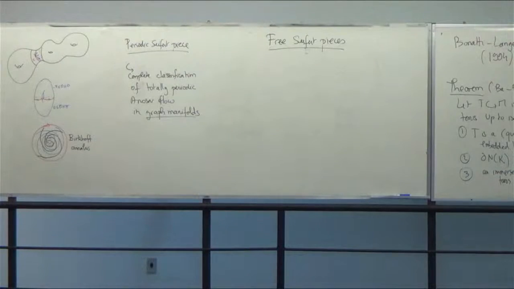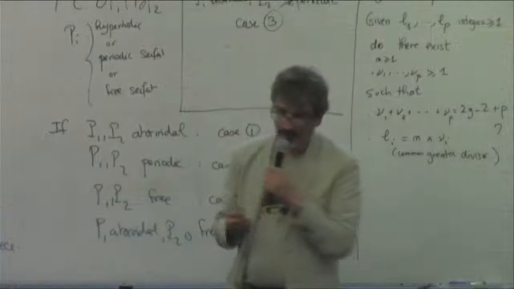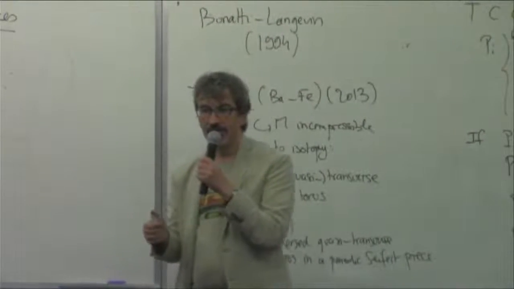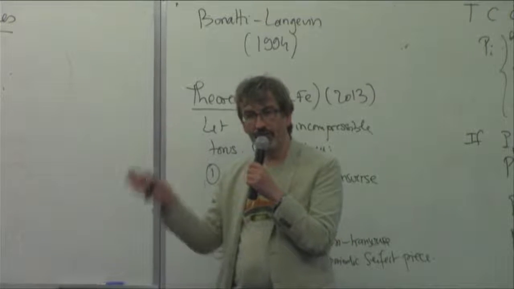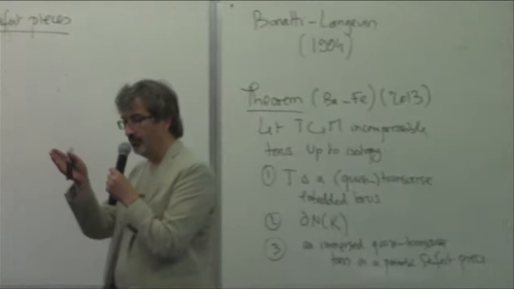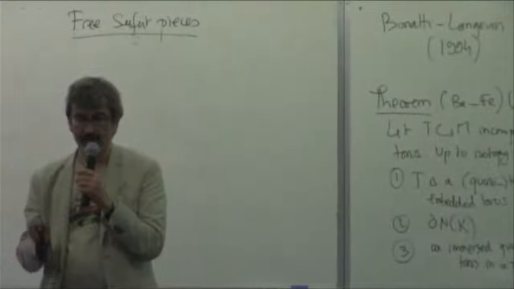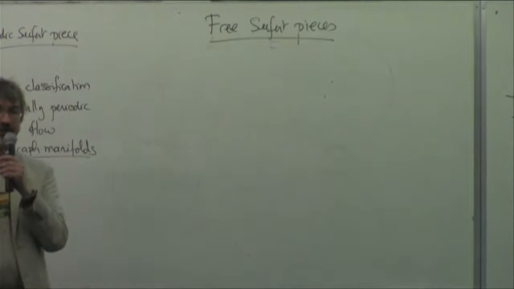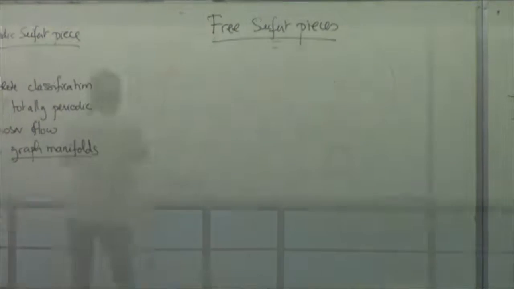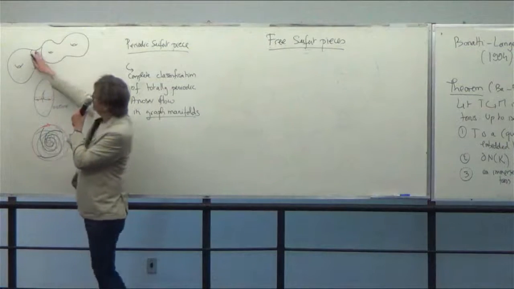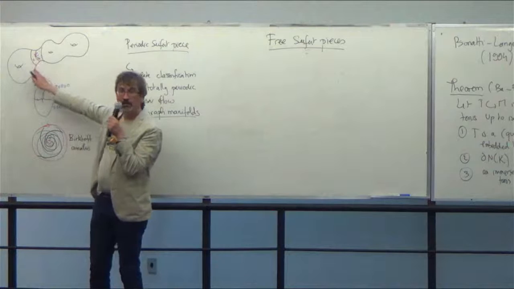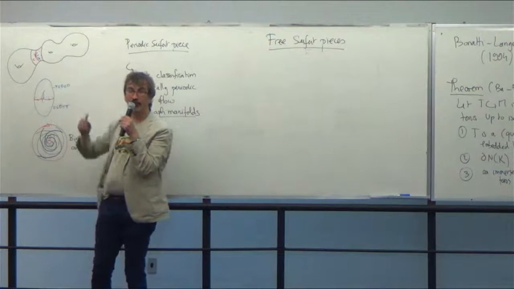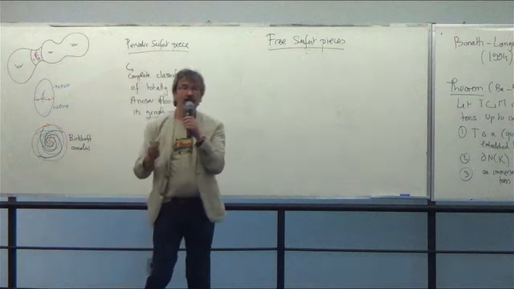It was much more difficult to do, and I don't want to try to describe it. It's simple to say. After the good position for tori, we can describe a free Seifert piece as a piece of geodesic flow. It is what you obtain, for example, if you cut along a curve into two parts. Every part, so the unit tangent bundle over it, gives you an example of free